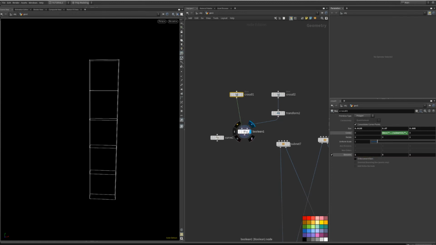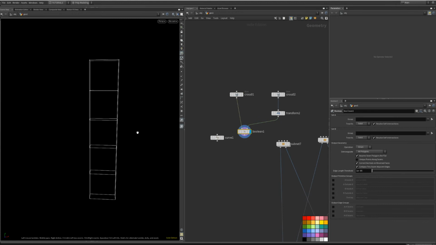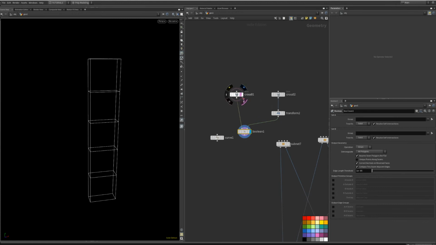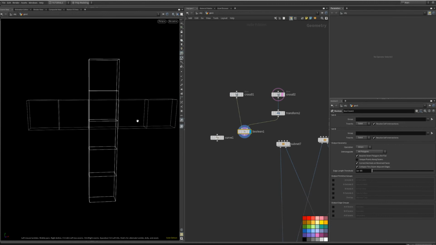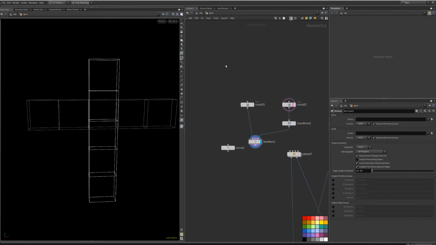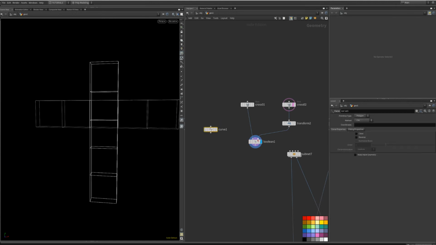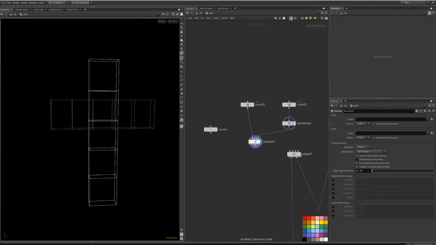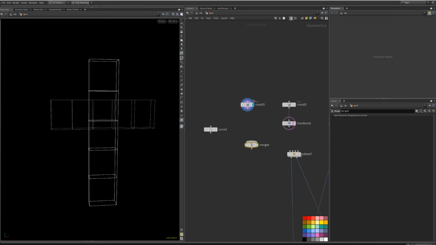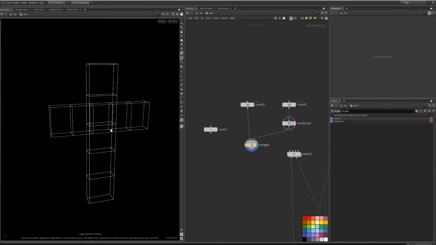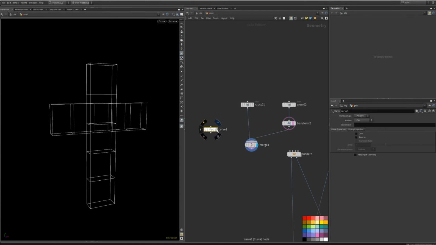Let's see what this does. It's not booleaning. I don't know why. Interesting. Let's do another way here, an easier way that just manages to do the correct job. All right. So instead of doing that, I'm gonna use those guys as a reference. So I'm gonna merge those guys together. Very perfect. And what I want is I'm gonna create a curve